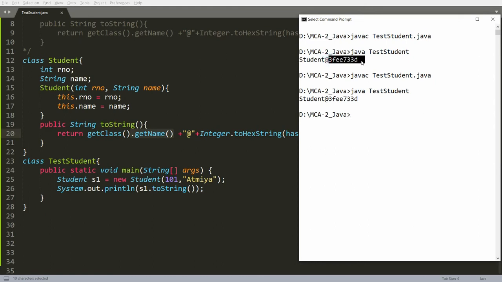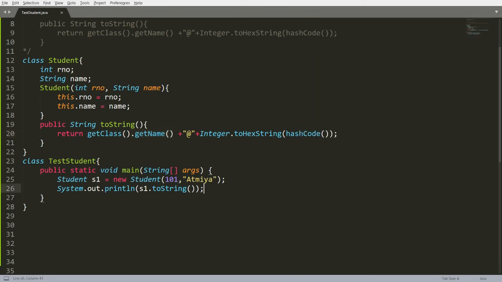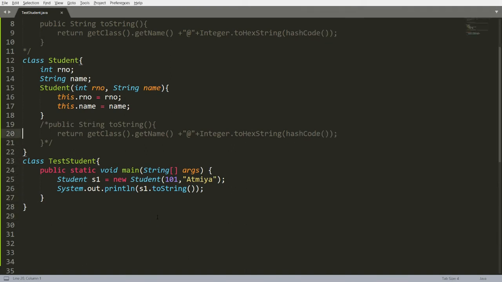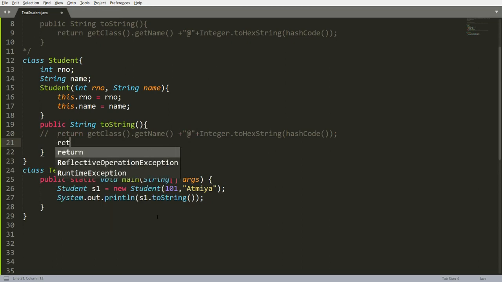So you can say that hashCode is a function that is available in the Object class that I am using over here. getClass is also a function that is available in the Object class that I am using over here. If I am not writing this particular function, and I put it in a comment, then I am using the toString function of the super class, that is the Object class, and I am getting the same result over here. Now, if you want your own result, then you can override the toString function over here, and instead of returning this, you can simply write like this, that is return.